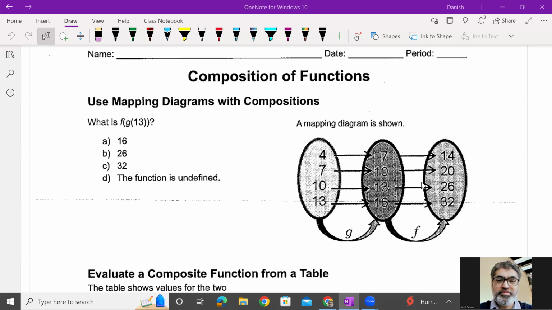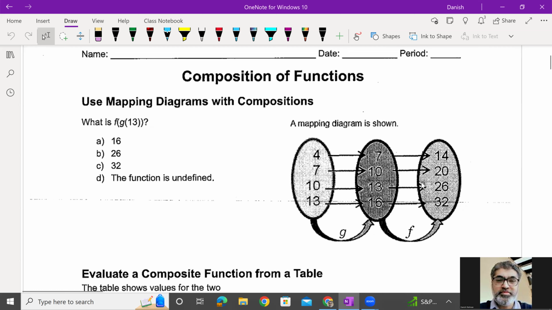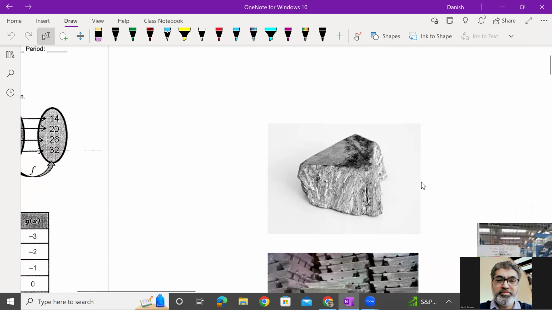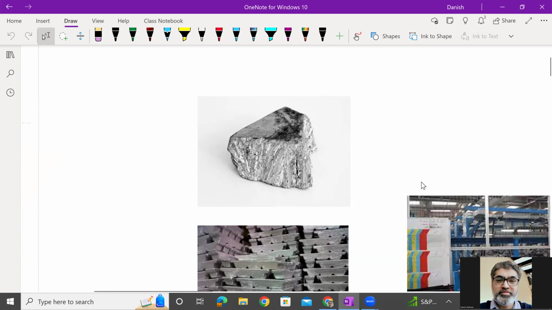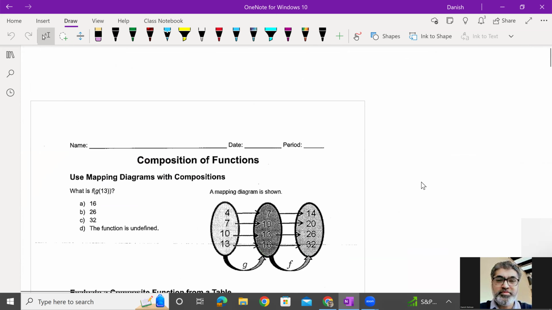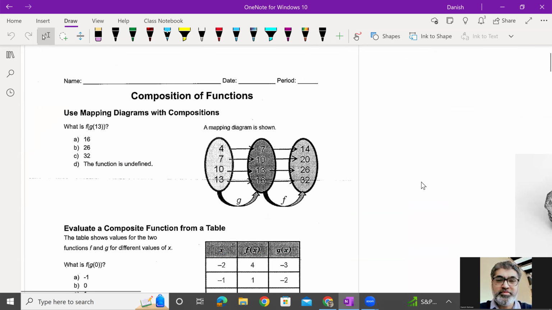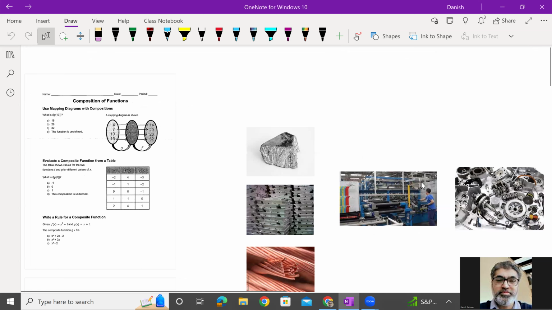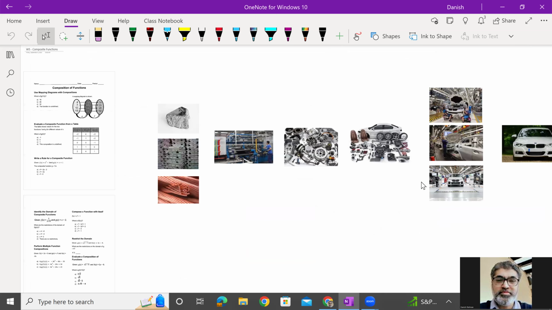Okay, so we are now working on composition of functions. Before going through the steps, let me give you a short example of where I can think about the composition of functions in real life, because we do need to bring math to life also. We had already discussed the functions of a baker who bakes the bread and uses the flour and other